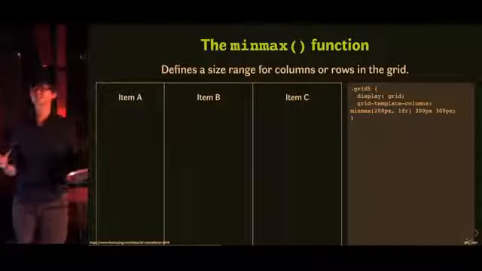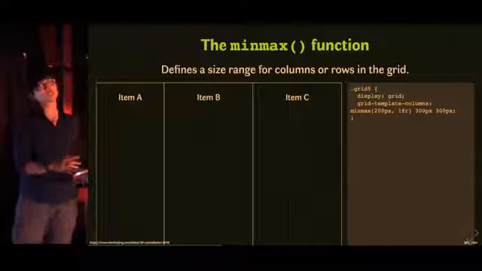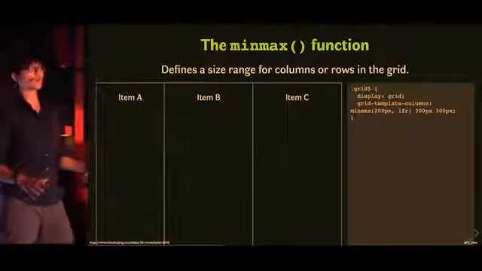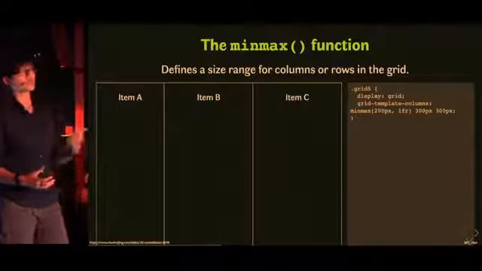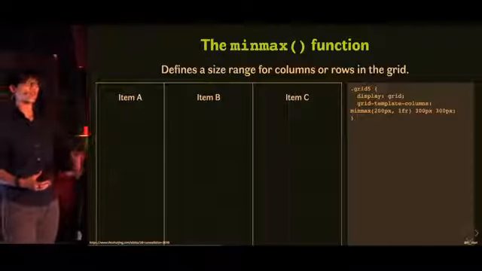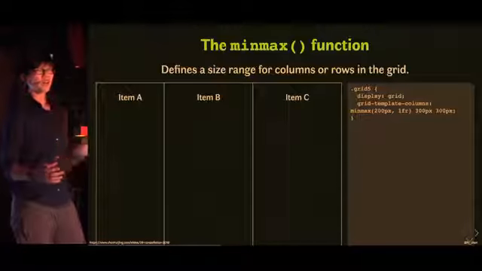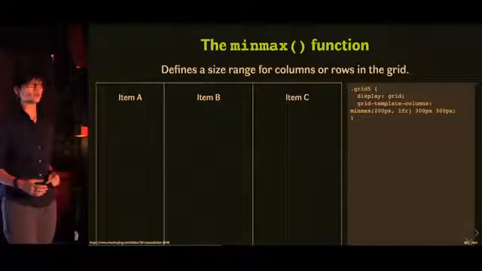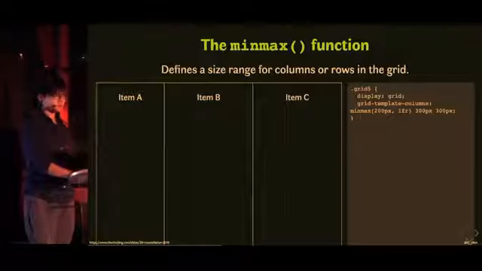Now, another function that CSS Grid defines is something called the min-max function, which lets us do something that we've never been able to do before on the web, and that is to define a range of values. So now I can actually tell the browser that I want my column to be between the width of X and Y, and the browser will figure out exactly what that width should be, not me. So here,